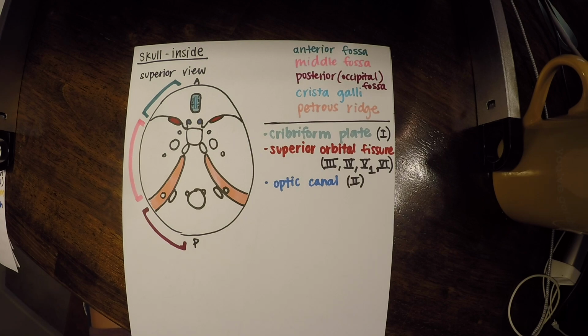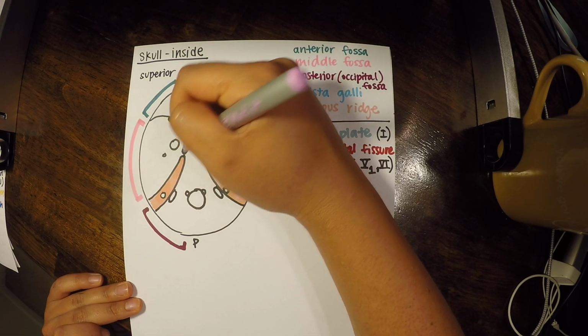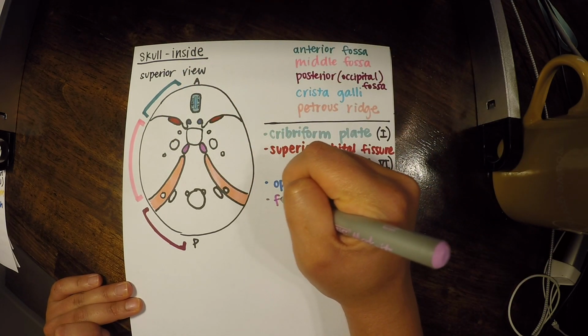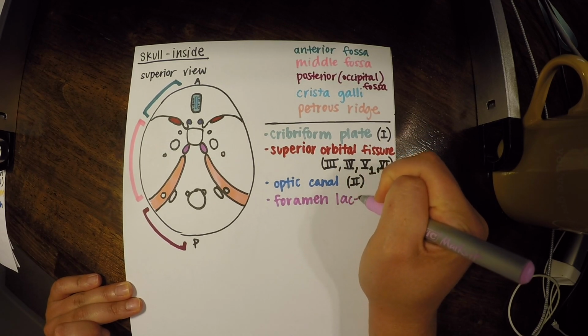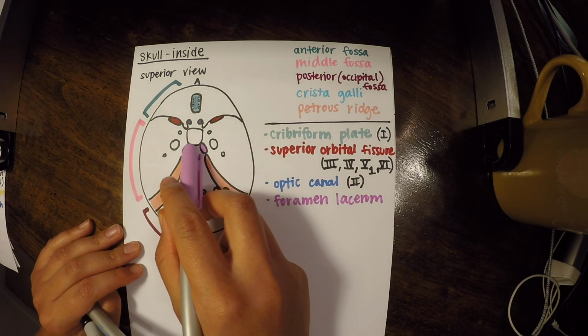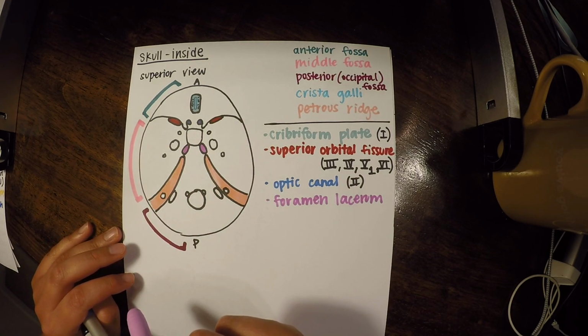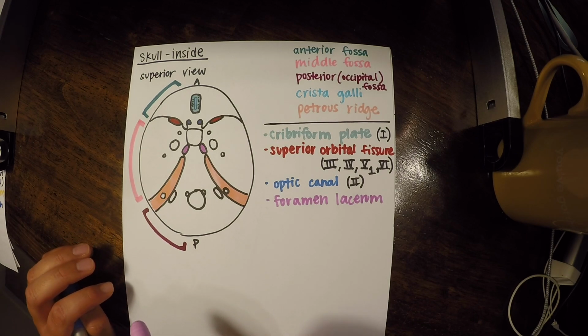All right, now we have foramen lacerum. Now for foramen lacerum, we'll color it in, but I don't need you to know what travels through it. There's some smaller structures, so just don't worry about that right now. But it's right here. Foramen lacerum, and it's named lacerum because it looks like a laceration because the sides are a little bit jagged. But again, we don't need to know the structures that pass through there because they're a little bit smaller and not as significant for us.